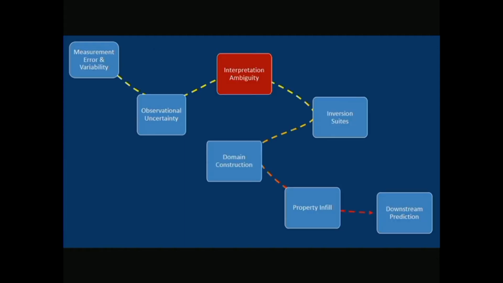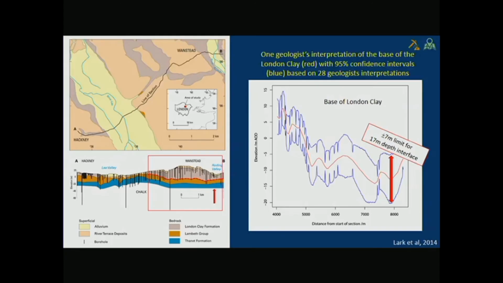We talk about interpretation ambiguity. That's always a fun one. This is possibly the most boring bit of geology on the whole planet. It occurs under London. It's a number of different rather boring sedimentary rocks that are more or less horizontal, and there's tons and tons of drill core that goes through different parts of it.